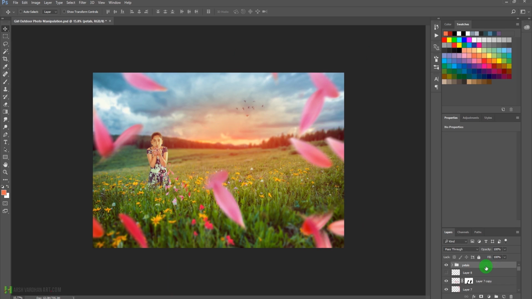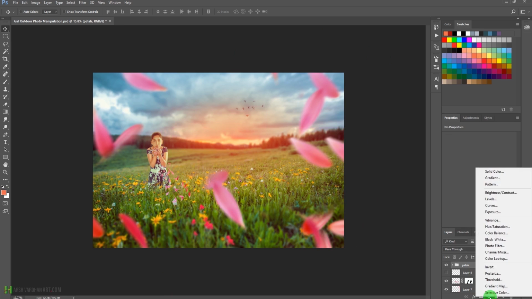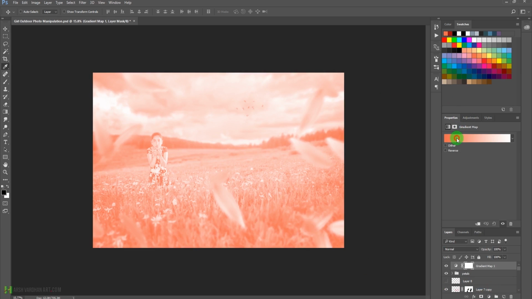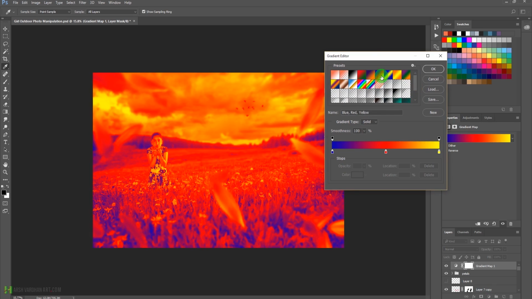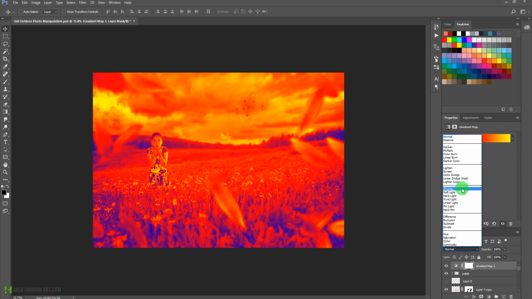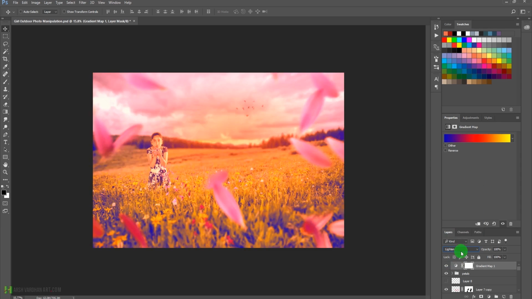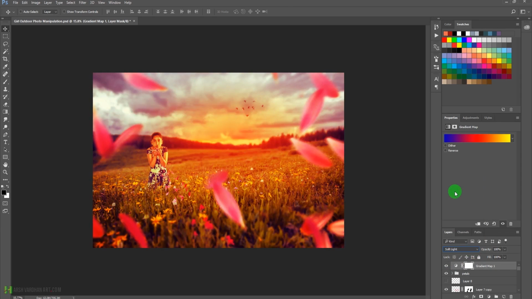And now finally what we'll do, we'll come over here on the gradient and select the gradient map, and in the gradient map we will select this layer presets and we'll select this one which has three colors, which has blue, red and yellow. This is a default one, so we'll press OK and change its layer blend mode to lighten, or let's try screen, or let's go for soft light. I think it's not looking good, so we are going to delete it